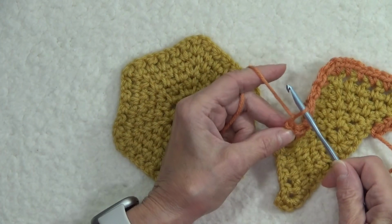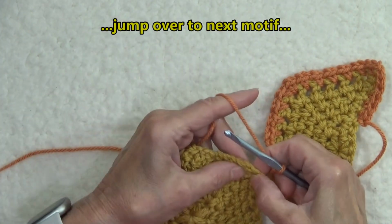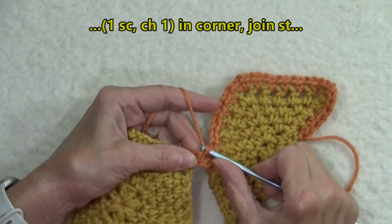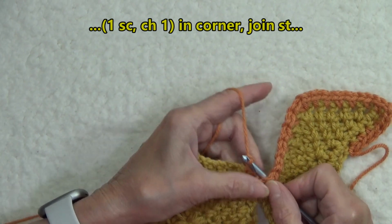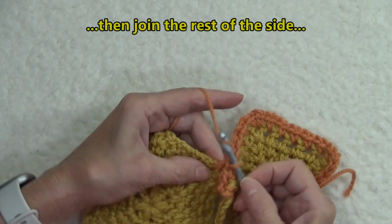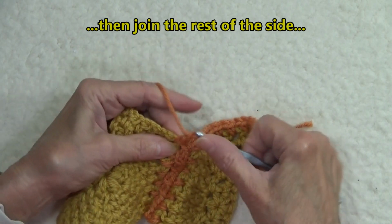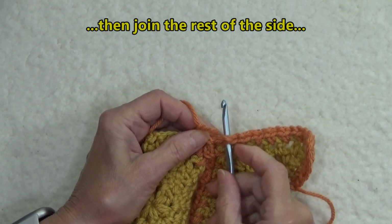Okay, so we have chained our 1, so we're going to jump over to the next corner on this motif, on this hexagon, work a single crochet, chain 1. Because we're joining, we're going to do the join stitch next. So we're just going to continue up this side with the join stitch just like we did before. Right? We're right in the corner space here. We're going to work a single crochet, chain 1, jump over to this corner, make sure we have it split properly with the 2 and the 2s,